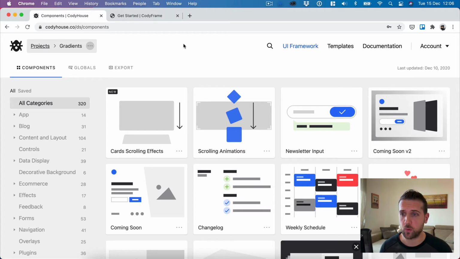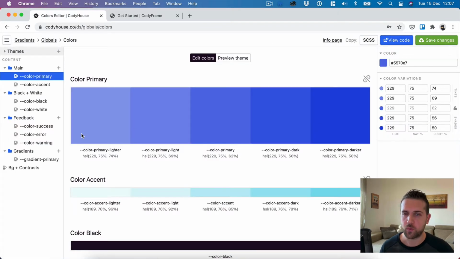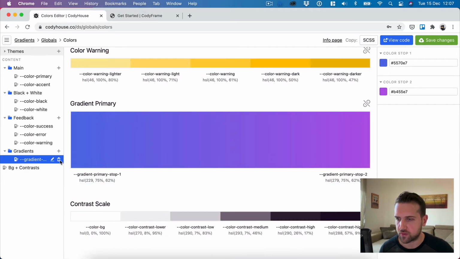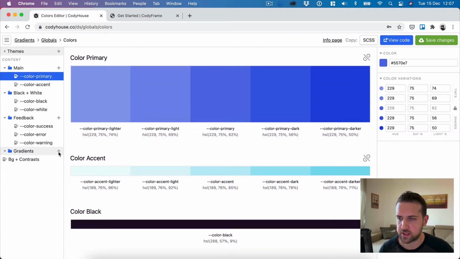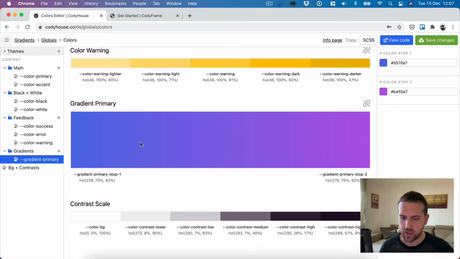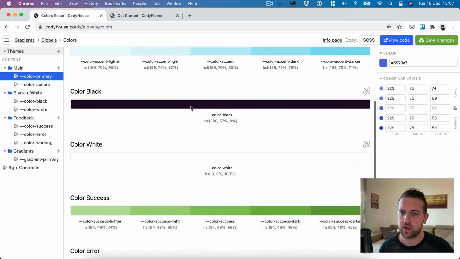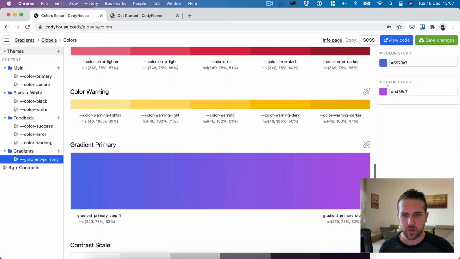First of all, we need to move to the color global editor, where we can create our gradients. We have a new section right here. I have already created a gradient, so let me eliminate this. To create a new item in the gradient section, you just have to click the plus icon here. The generated gradient is a combination of the primary color and the secondary color, which is called color stop 2, which is automatically generated by changing the hue value of the color stop 1,